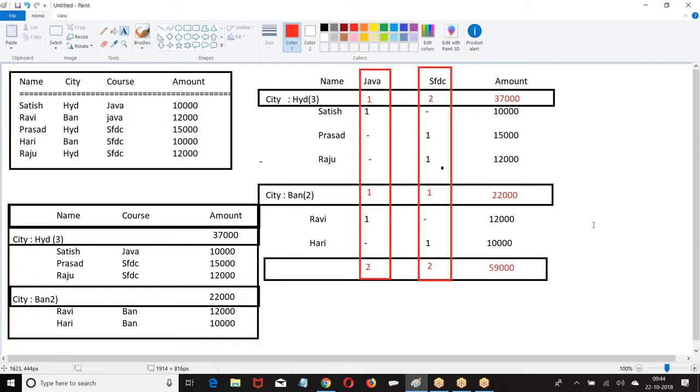So tabular means list of records in the table format. Summary means grouping the records row wise. Matrix means row wise and column wise grouping. Now joining two report types into one report is called a joined report. If you want to join two or more report types into a single one, then we call it a joined report.